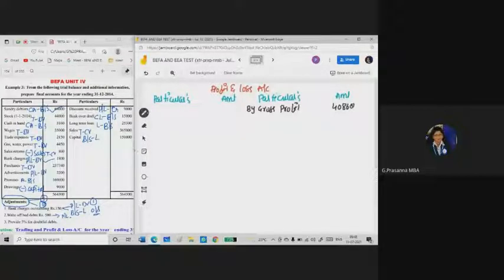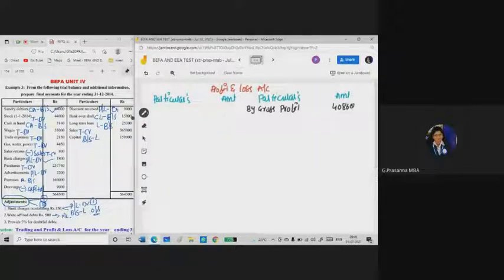Now we have to see the entries related with the profit and loss account. Here we got the gross profit, that's why we are showing it on the credit side. If I'm getting gross loss, you need to show it on the debit side of the profit and loss account. Simply, it is like an income and expenditure account. All the expenditures have to be shown on the debit side of the profit and loss account, and all the incomes on the credit side. Gross profit is an income to you, so you transfer it to the credit side. Gross loss is an expenditure, a loss to you, so you transfer it to the debit side.